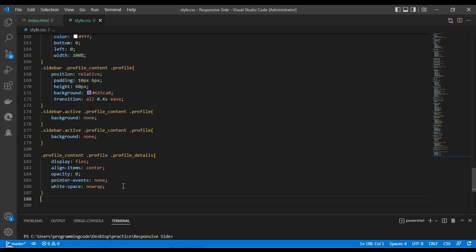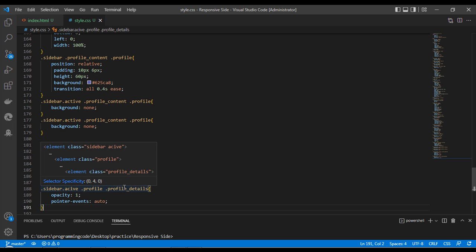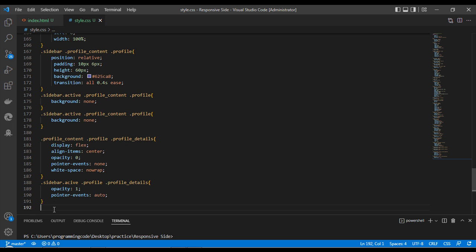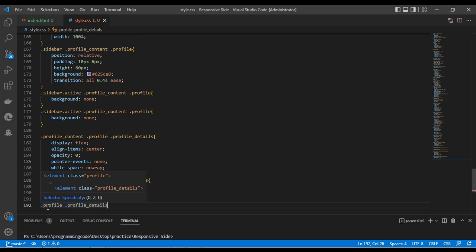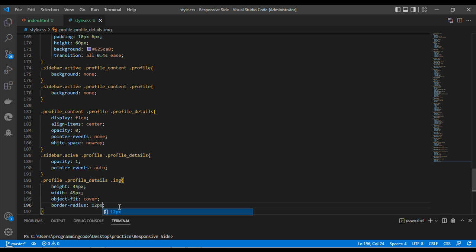You can change it and select this for those codes and design it as that profile details. And now we are going to make this sidebar as this profile details, make active this one. For this one we just write dot active, excuse me for the spelling mistakes. Opacity should be 0 and pointer event should be auto for this one. And profile dot profile details for this one we just